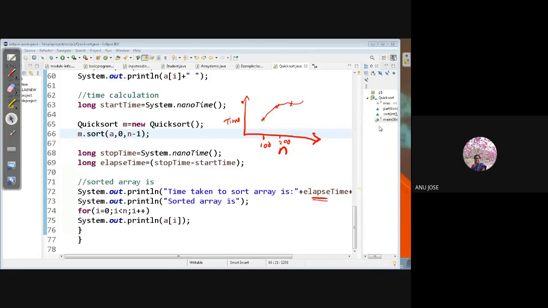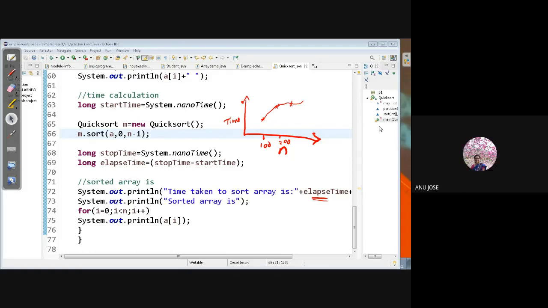Present, ma'am. 12. Present, ma'am. 13. Present, ma'am. 14. Present, ma'am. 15. Present, ma'am. 16. Present, ma'am. 17. 18.